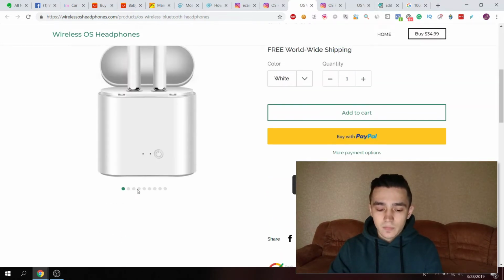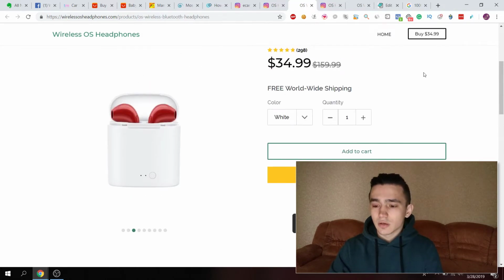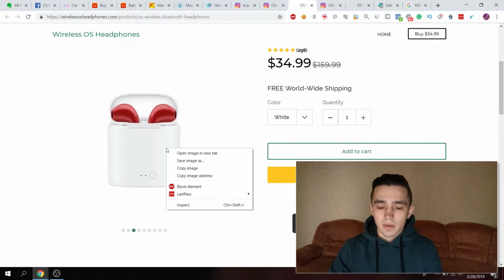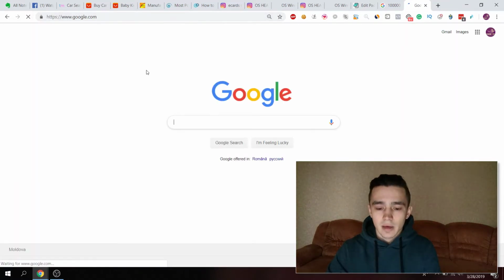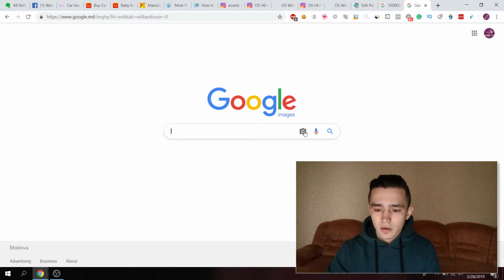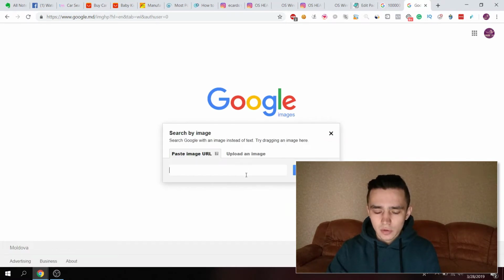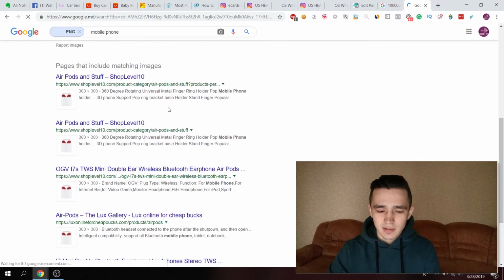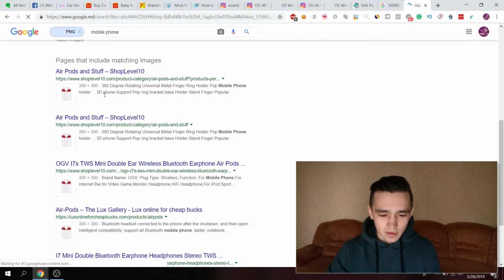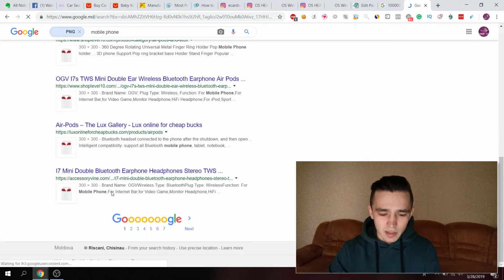But instead, what you can do is copy. If you're using the Google Chrome browser, you can just right click and then copy image address, and then go to google.com, and then go to images here, and then you're gonna click on this one, search by image, and paste that link that you copied, and then search by image. And then okay, so as you can see here, we have a lot of people that are selling this product, but you